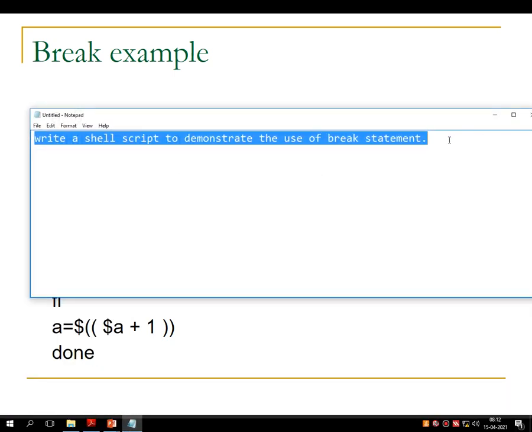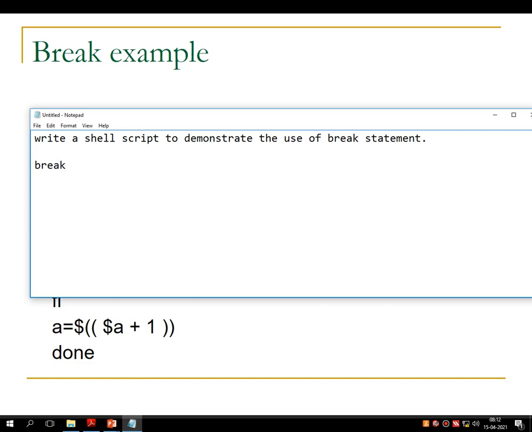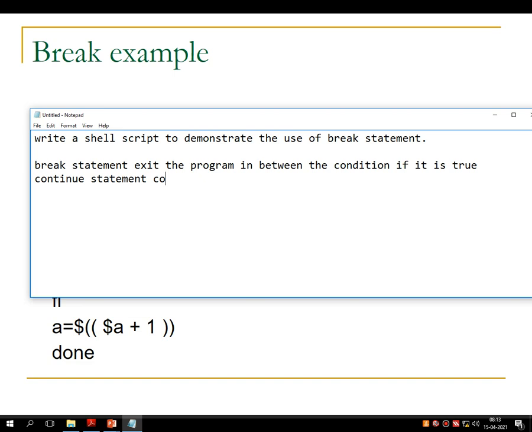The break statement exits the program in between, even whether the condition is true, while the continue statement continues the program till the condition is true. So this is the difference between break and continue.